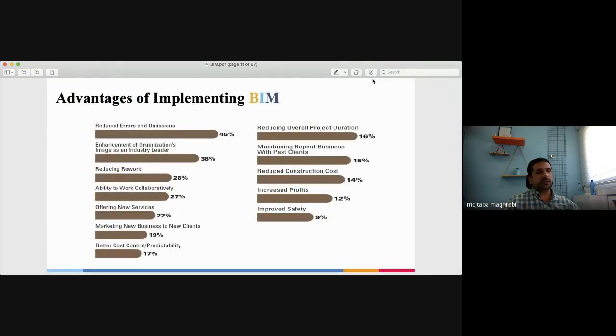there is a global study around the world that tried to figure out what the main advantages of implementing BIM in projects are. And those numbers that you can see in this slide have been published in a report. I believe this study has been done in a few countries around the world, but you can see that you can easily reduce the errors by half.